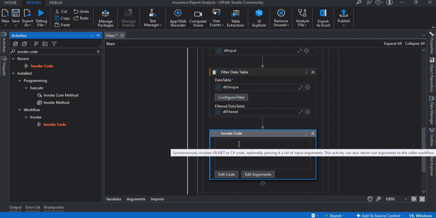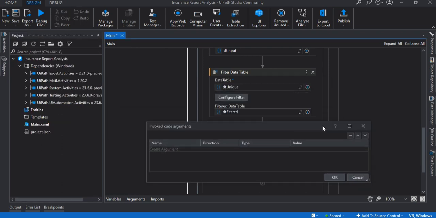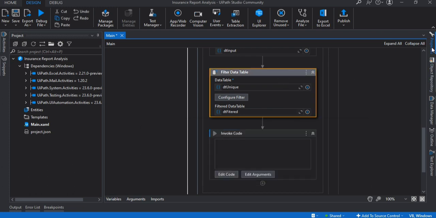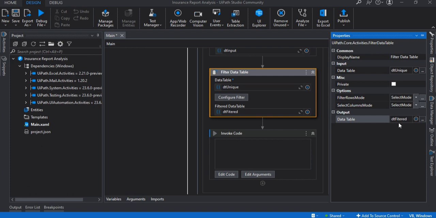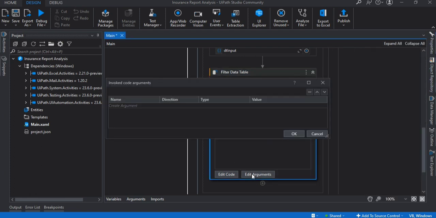I'll just click on the edit arguments, and here I need to pass the argument. Okay, so what was the argument? What was the output of the filter data table? Let me just check. It is DT filter. Okay, so let me go here. Let me go to edit arguments. I'll just click here. I'll just add the name, which is DT filtered,